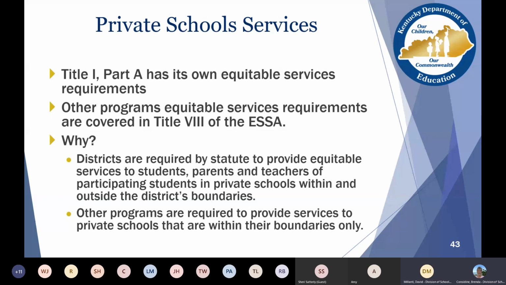I'm trying to think what program would be just within those boundaries. I know that Title II, Title III. Yeah, it's basically any other program under ESSA requires equitable services to be provided to private schools within the district's boundaries only.